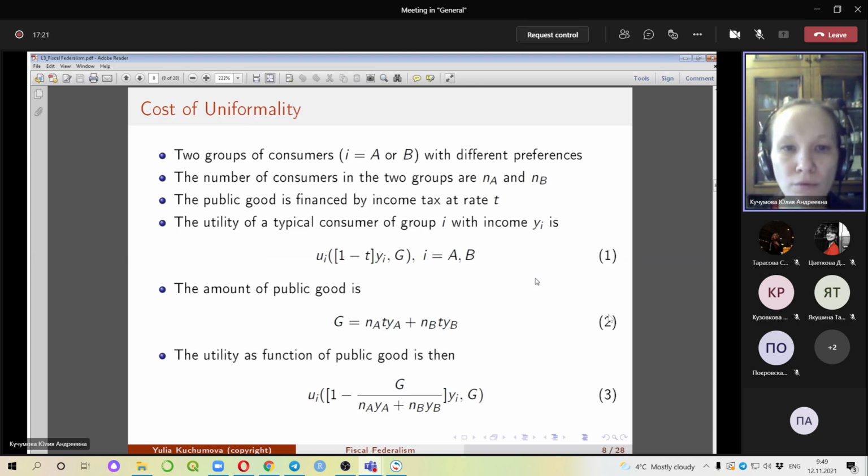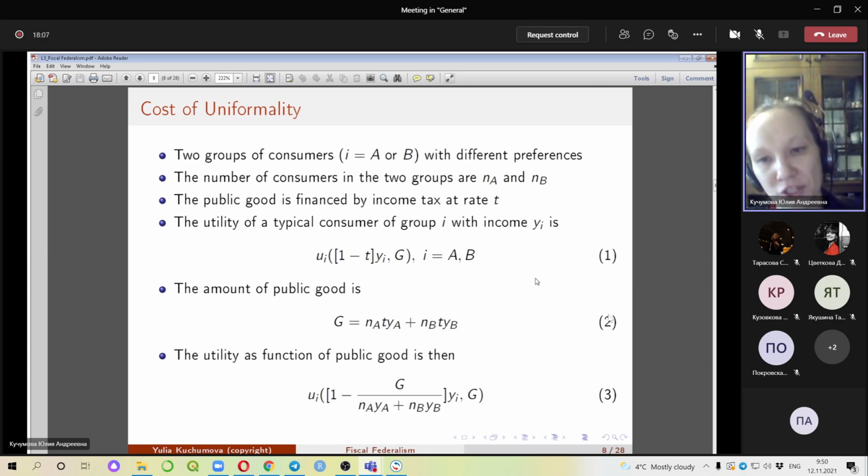So let us assume that there are two groups of consumers. We will denote them by A and B, with different preferences. And the number of consumers in these two groups we will denote by NA and NB. The public good in this country is financed by an income tax at rate T. The preferences of those consumers are described by the utility function, and the utility function of a typical consumer of a group i with income yi is